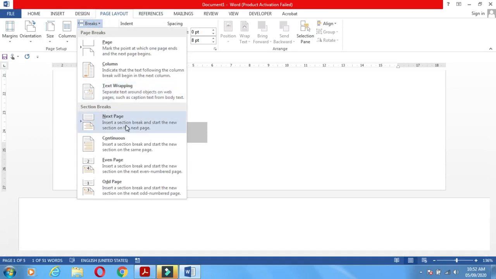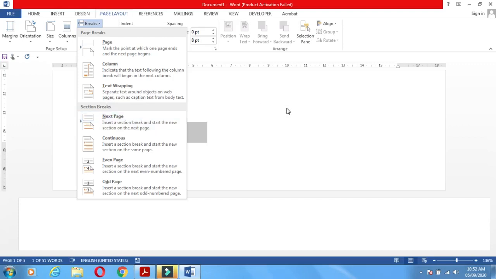This is called section break. If we apply the section break, means we can apply the different setting on different pages. Correct? If we are not using section break, what happens? All the settings will automatically apply to all pages.